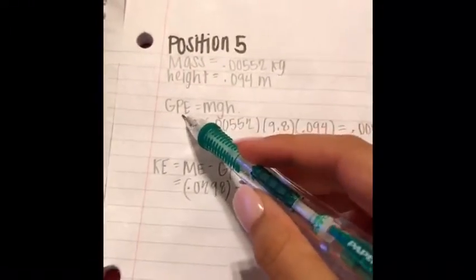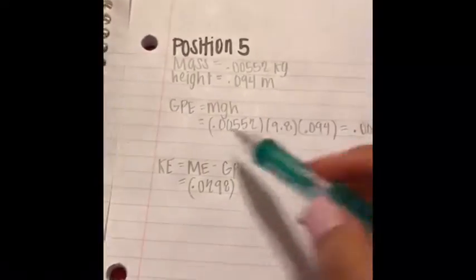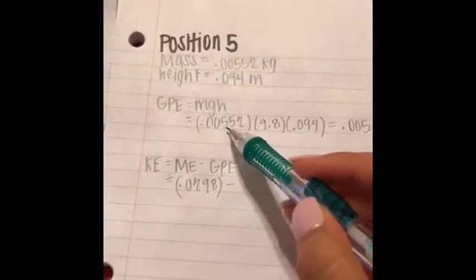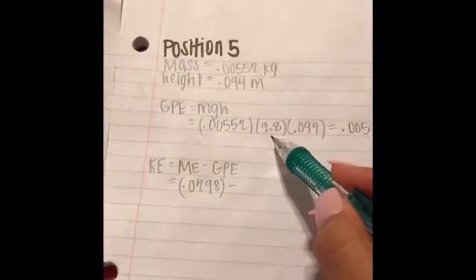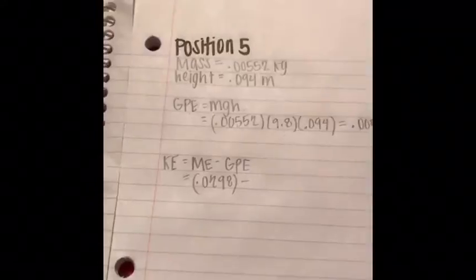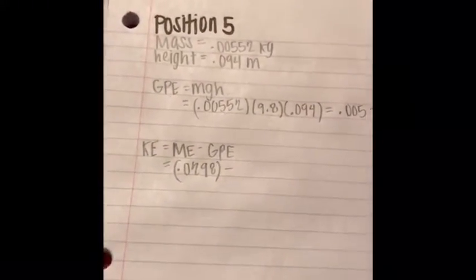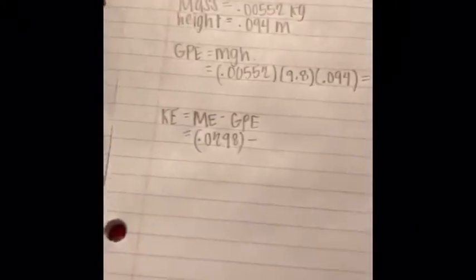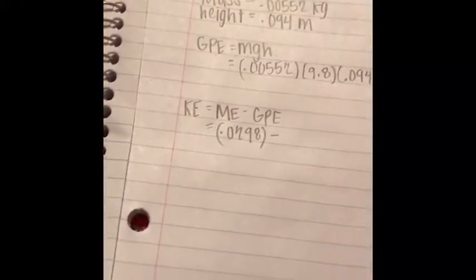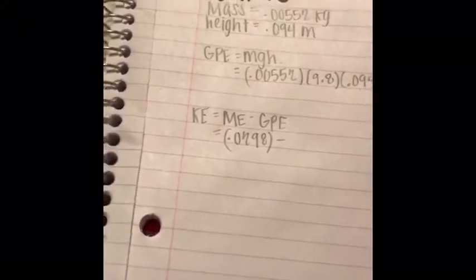So we already found the mass, which is 0.00552 kilograms, and then the height is 0.094 meters. To find the potential energy, you would use the equation mass times acceleration times height. We found the mass, and then the acceleration, which is 9.8, and the height of position 5 is 0.094. And after you multiply all those together, you get 0.005 joules. Then throughout the whole roller coaster project, the mechanical energy would be constant throughout each position, so that's